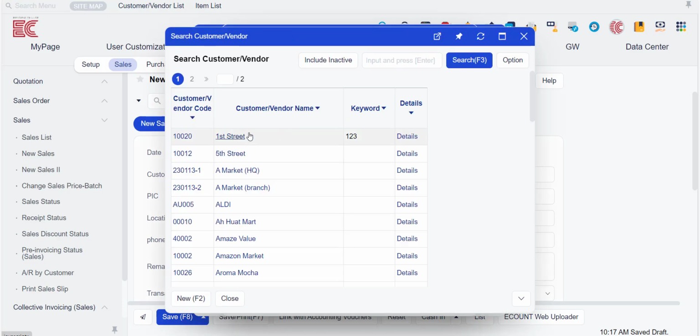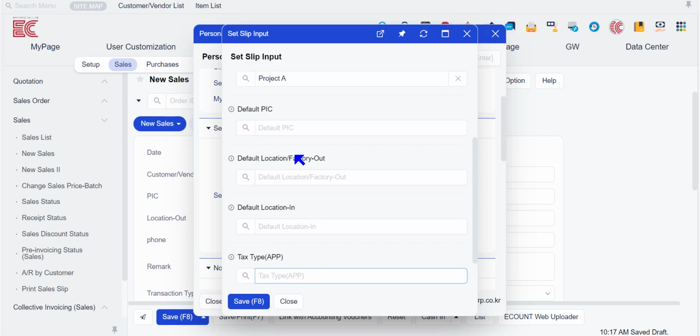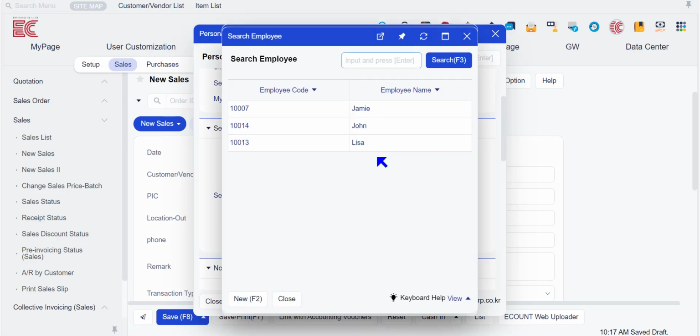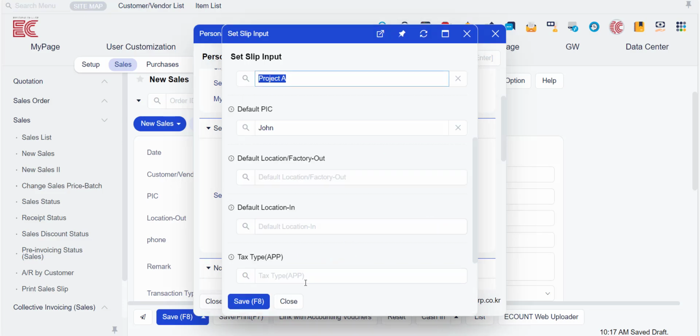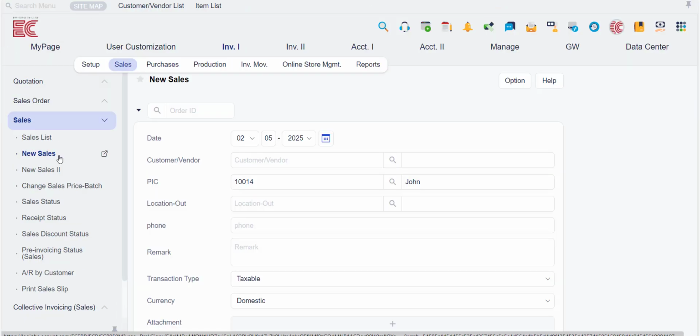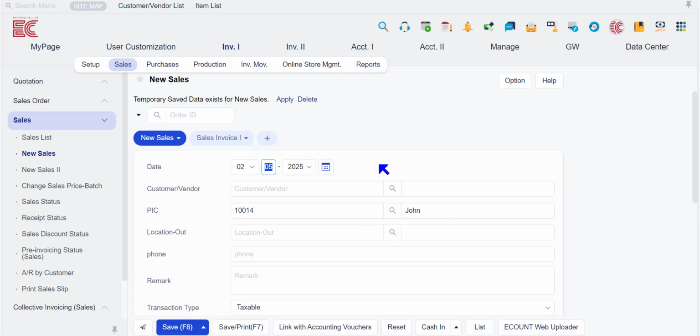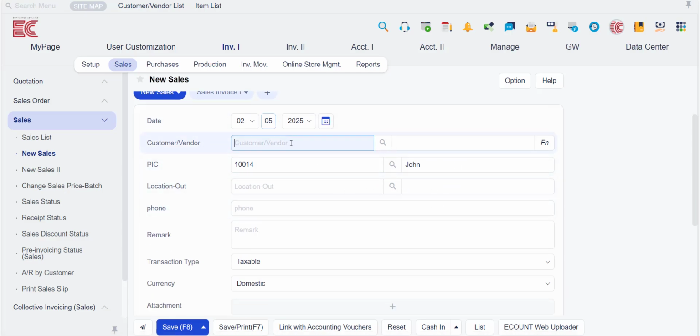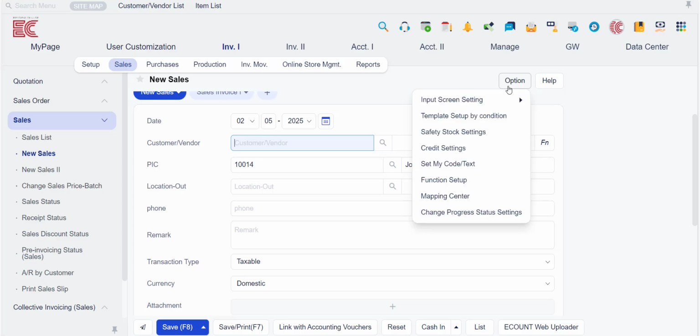So let's do First Street, and instead of having Jamie, I'll have John. As you can see, John has already been inputted, and if this does not show up, you have to check